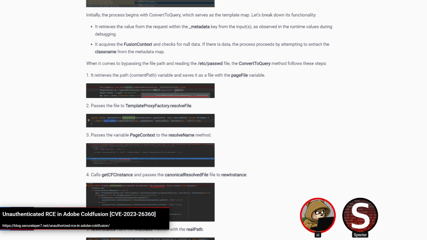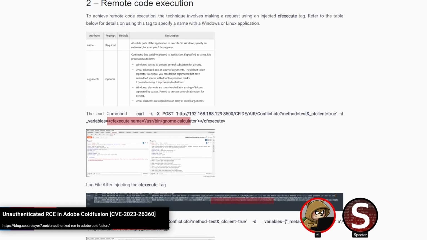So yeah, it's definitely a fun flow. It reminds me of the old LFI to RCE techniques where you would do something very similar with PHP, and if you had a local file include, you'd include the log file back in there or something else. And I will mention, if you're seeing that CFX here, why does that matter? ColdFusion has these tags as part of its language. It's almost HTML-like, where you write a lot of stuff using these various tags as your function calls. And so this is proper ColdFusion code that's injected in there.